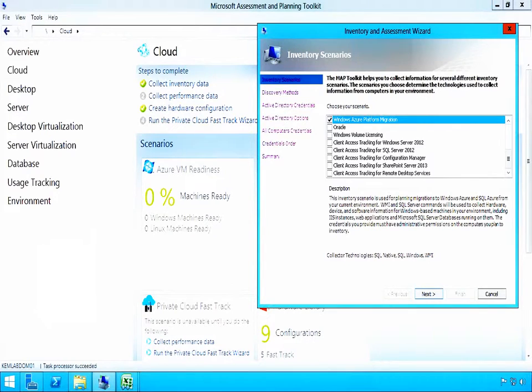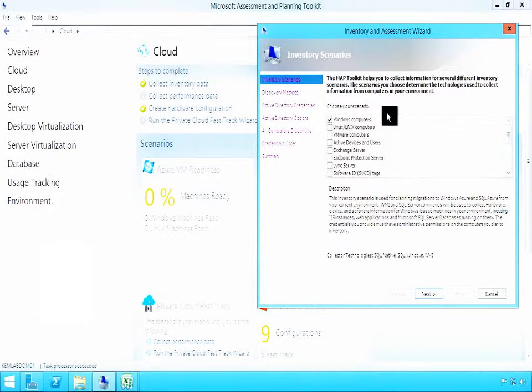Okay, so here we are in our lab. I've already installed the Microsoft Assessment and Planning Toolkit, and I've brought up the Inventory and Assessment Wizard as one of the first steps in getting started with an assessment of our current environment. The first piece of information that I'm prompted for is to select one or more inventory scenarios. The inventory scenarios allow me to target specific workloads or capabilities within my existing environment that I wish the MAP tool to look at. It can include Windows computers,